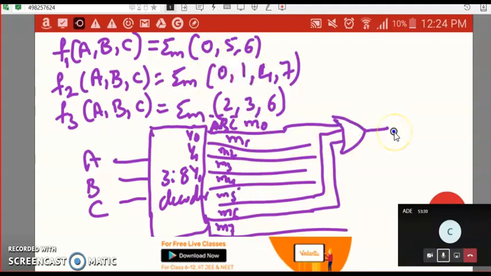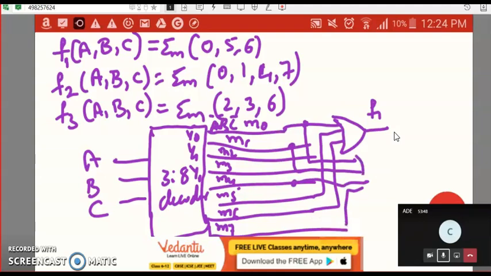This is your function F1. Then F2 is 0, 1, 4, 7. So 0 again we need to use, then 1, 4, and 7. Give it to the next OR gate, F2. Then next, 2, 3, 6.